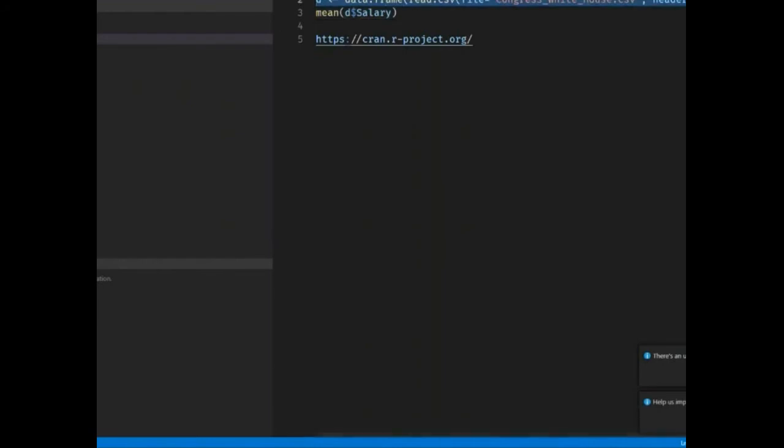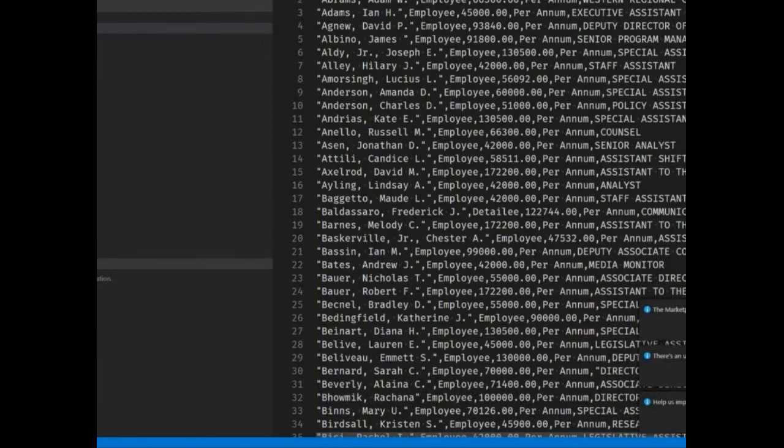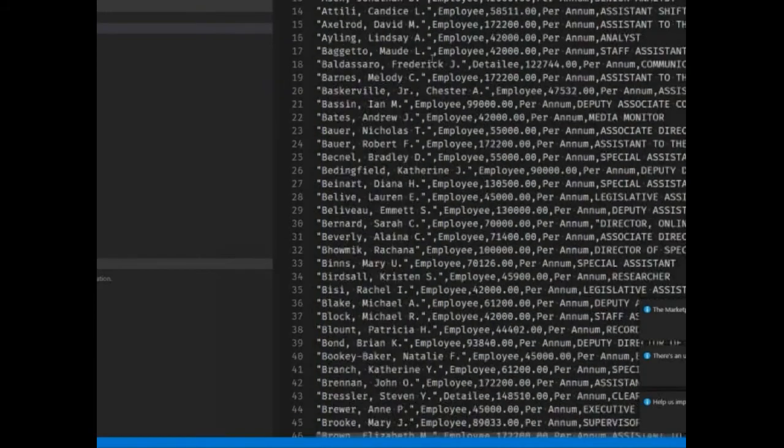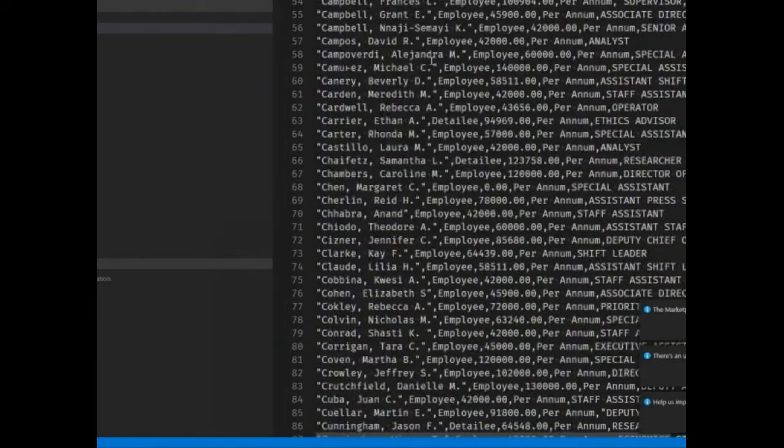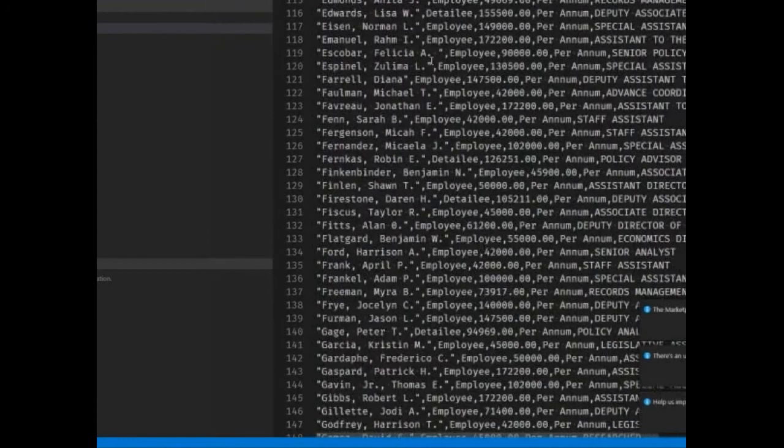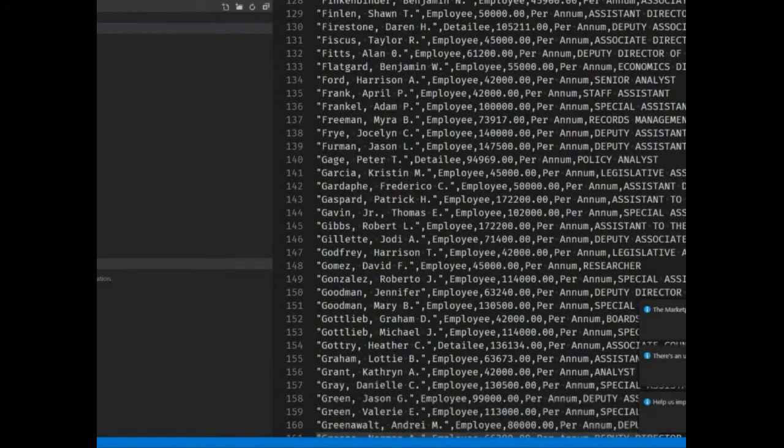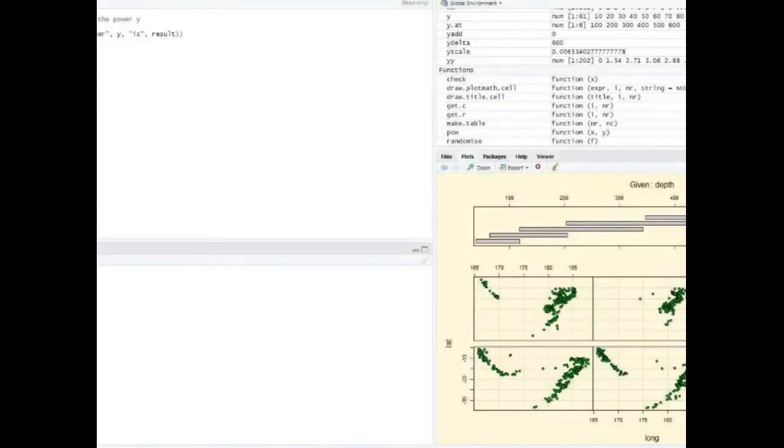Now, what I've done is I have gone to a source for data, and I've been able to pull down this data source, which is income for White House employees and their title for 2010. So this is in a CSV file format. What R allows me to do is to very quickly bring that data into